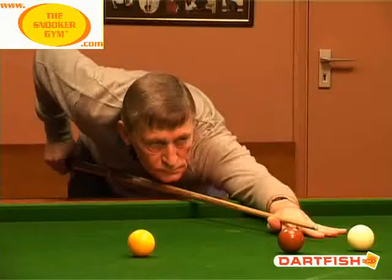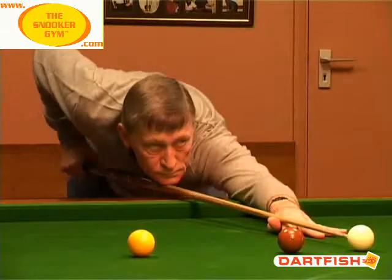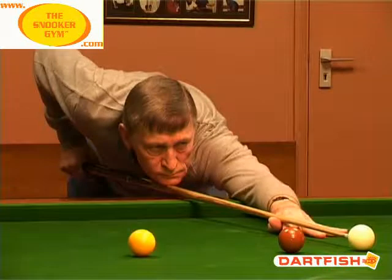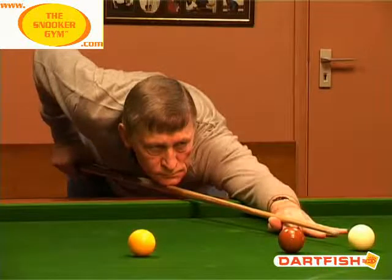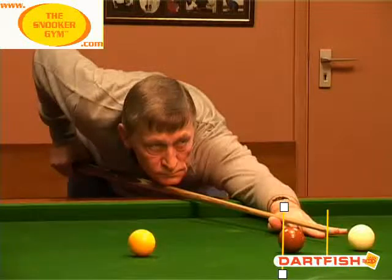At quarter speed, just look how long these, nice and long these cue actions are. Just reversing the film there very slightly. Okay, so we've got the tip about halfway between the V of the bridge hand and the surface of the cue ball there, and that's about an average of what the pros do to check that their cue is moving smoothly, straightly, comfortably,